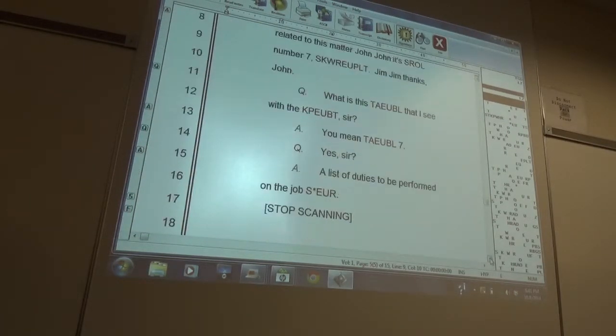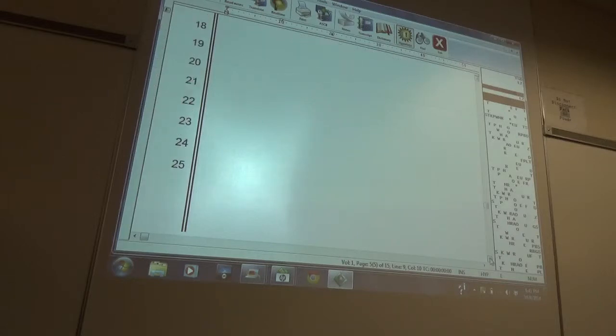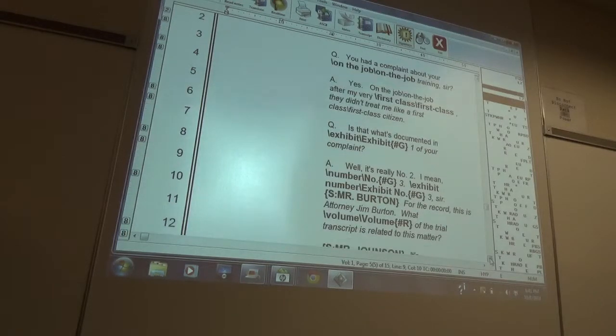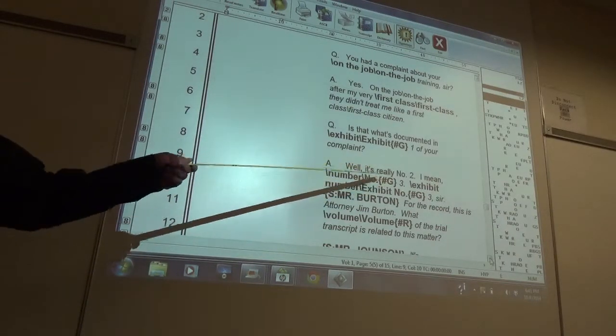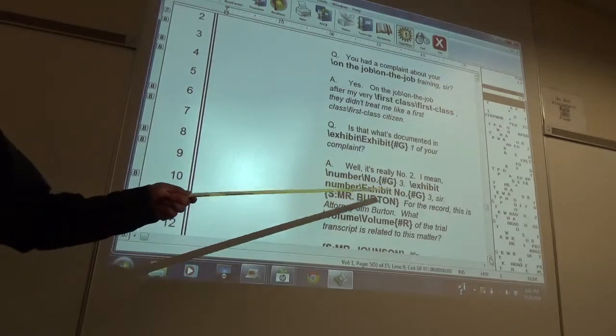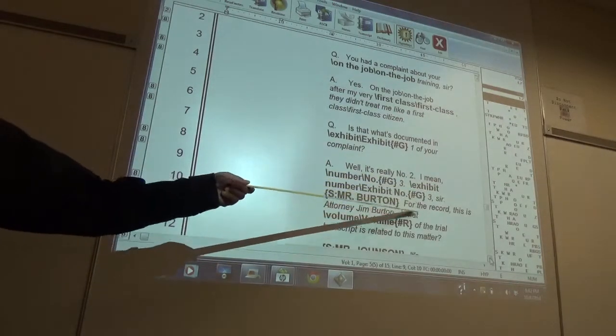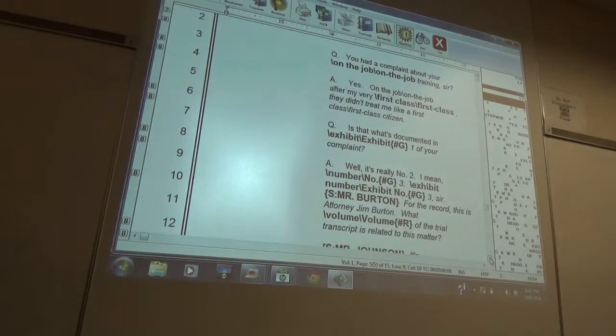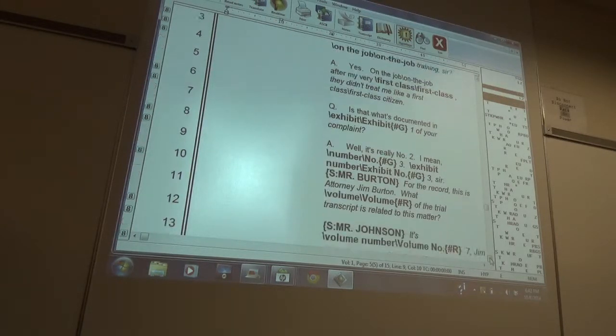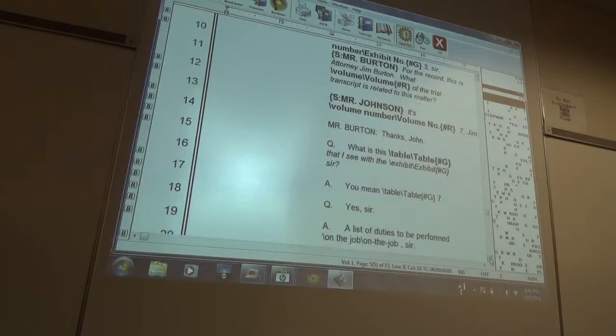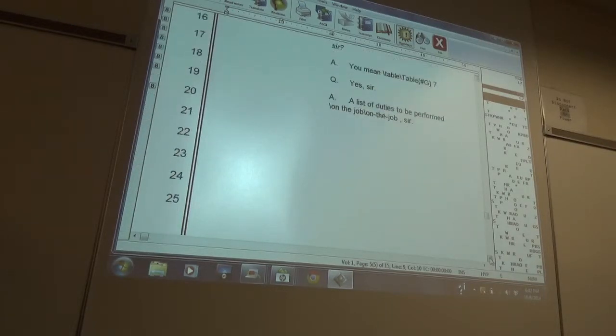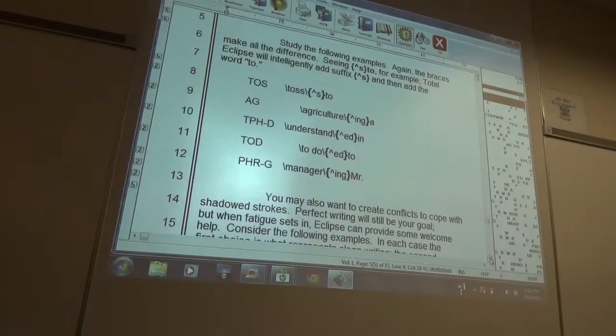And this is just another little exercise that they have here at the end. And the answers. So if you want to go through and define it, it's going to tell you how to define certain exhibit numbers, if you want it in numeral form, how you want it. Okay? Any questions about any of that? Not super tough, but